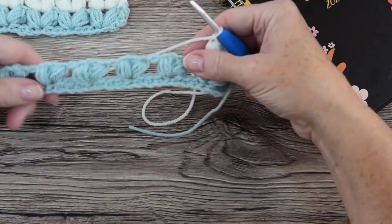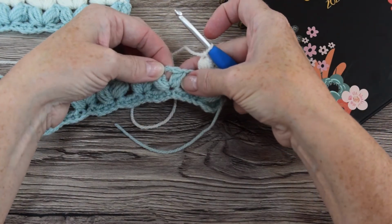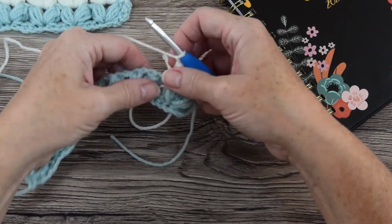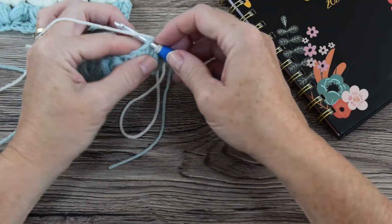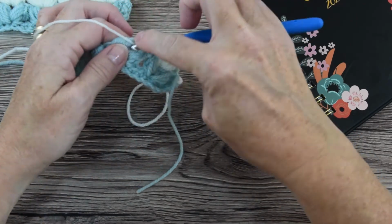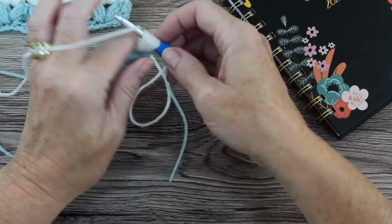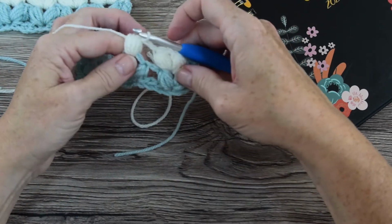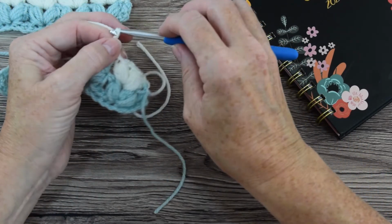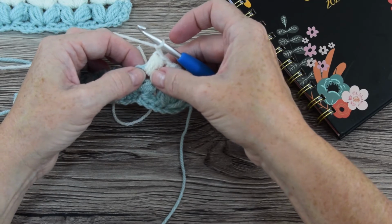And then you work all the way along by just working into the middle of these puff stitches all the way along. I'll do another one with you. 1, 2, 3 and 4, pull through all 9, chain 1 to secure it, chain 1 just to separate the next puff stitch that you're going to work into this space,